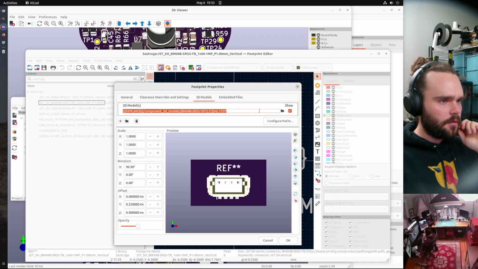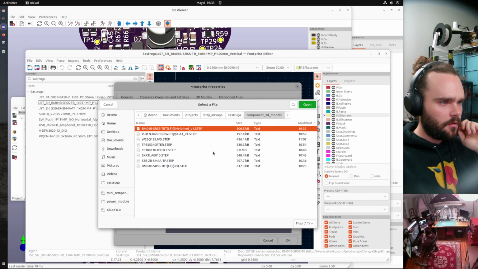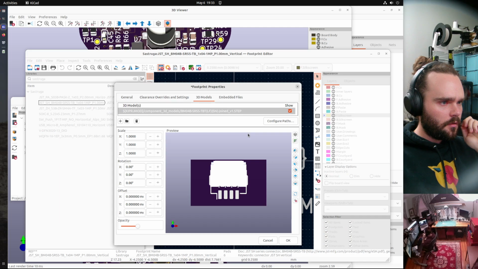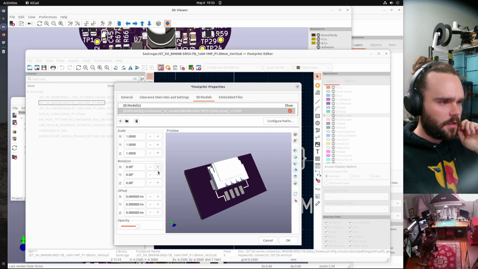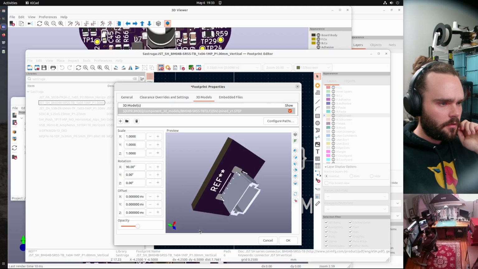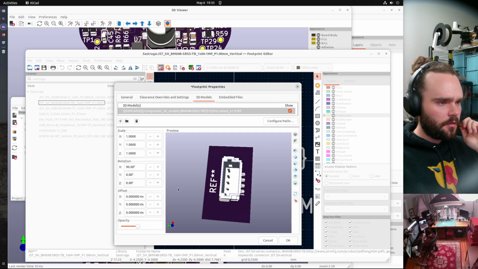So we're gonna trash this existing model. Okay. Good sign that the color is messed up, because that means it doesn't have any of the model detail from SolidWorks.